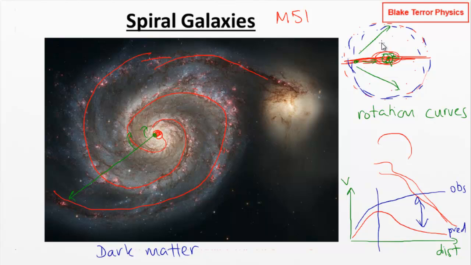It's hard to pin down what it is. It's dark, we can't see it. But there are a lot of theories about what it is. But it's now thought that in terms of actual mass in the universe, around 80% of the mass of the universe is dark matter, and only 20% of it is visible matter.